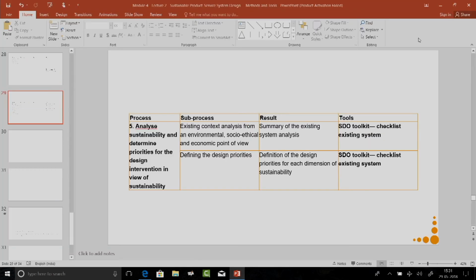So I will discuss all other modules of the SDO toolkit in the subsequent lectures when we are on those parts of using the SDO toolkit. We already discussed the key questions. So this brings us to an end of the strategic analysis for a context where we have a project promoter.